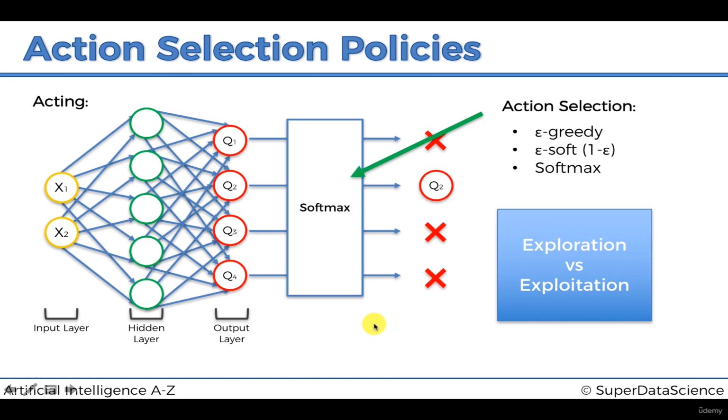And so what we want to do is come up with an action selection policy that allows our agent not to get stuck in a local maximum. Yes, it's important to keep doing the good actions. That's the exploitation part. We want to exploit what we've found, but at the same time, we still want to explore. We never want to stop exploring. It's like in life, you never want to stop learning. You stop learning, you die. There's a saying like that: when you're not growing, you're dying, or something like that.